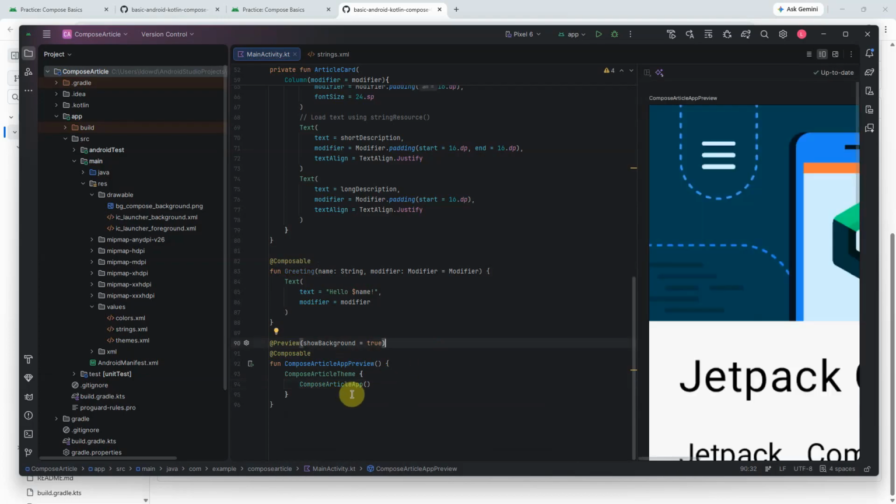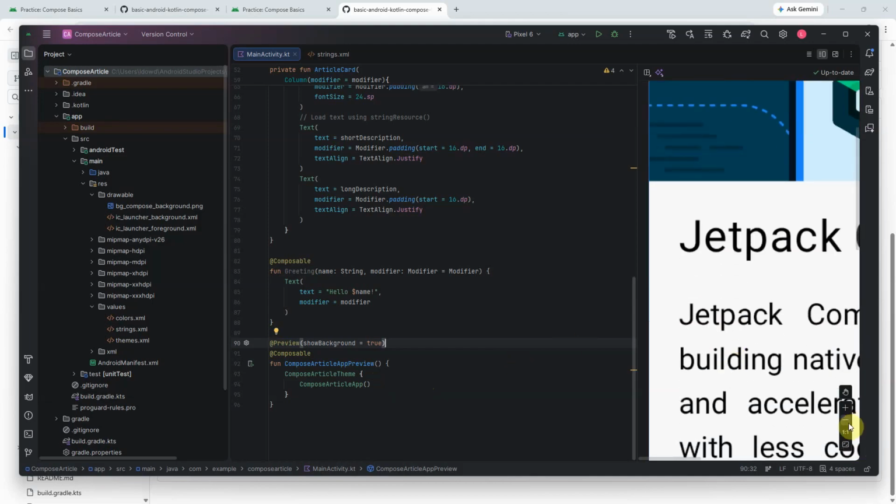And so what I needed to do was to change that. So in your preview code, make sure that you have the correct one. I actually placed the compose article app, calling it as the function name instead of the actual app. Okay, and you can, if you wanted to see it